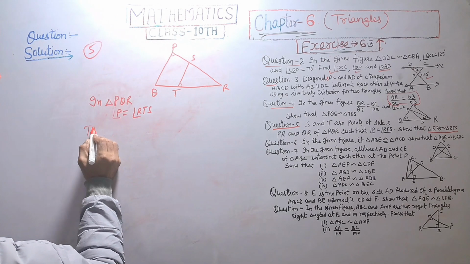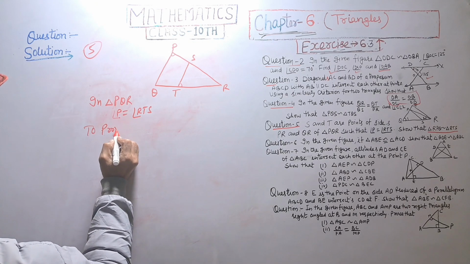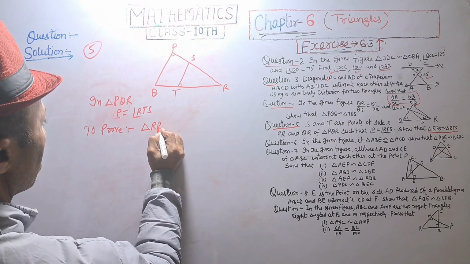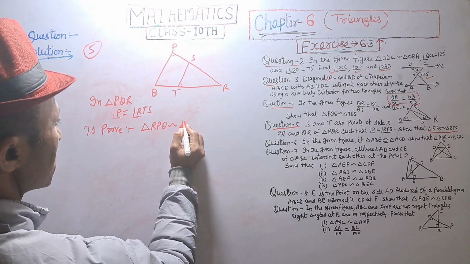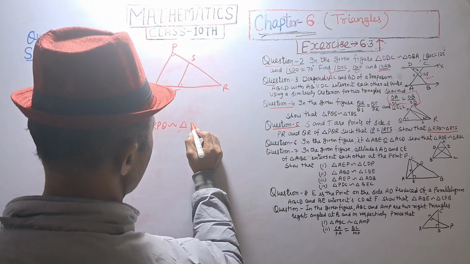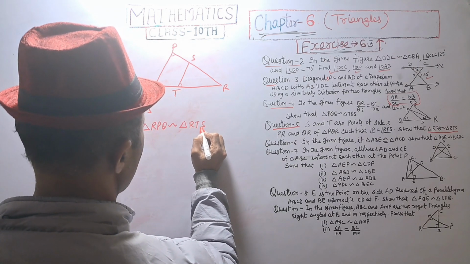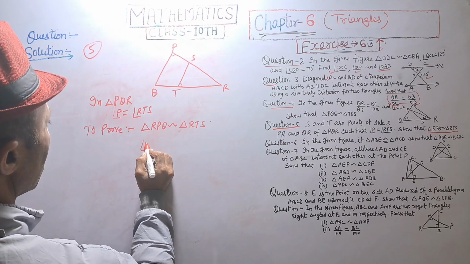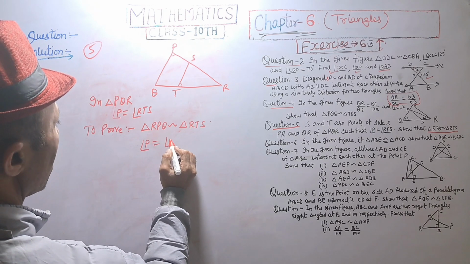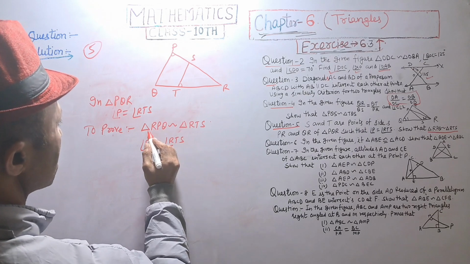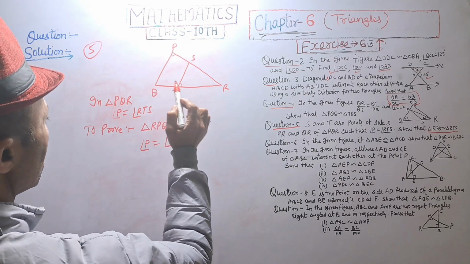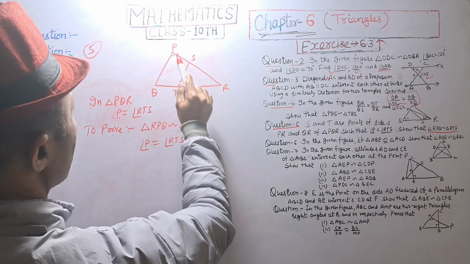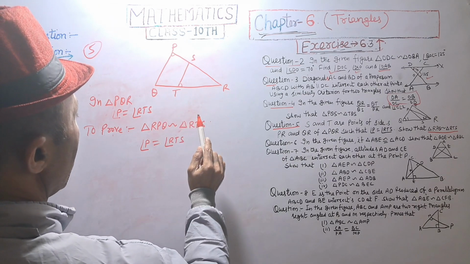And to prove: triangle RPQ is similar to triangle RTS. Angle P is equal to angle RTS. In triangle RPQ and triangle RTS,